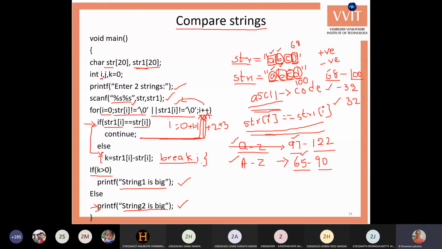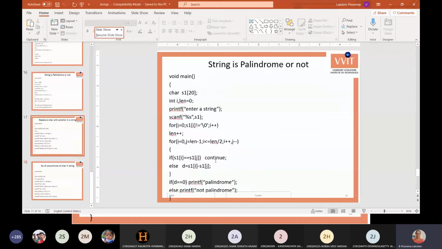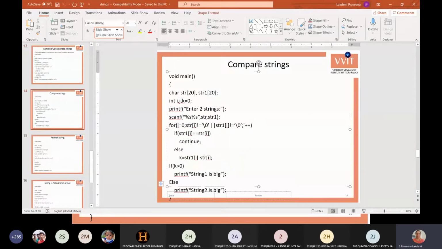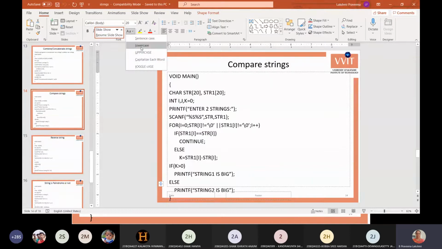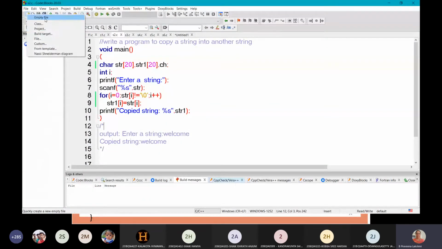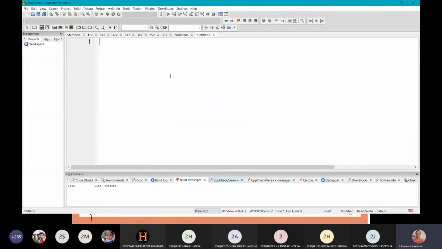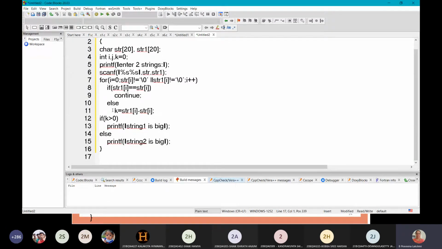And now we'll see how this will be executed with the code blocks. Bracket.